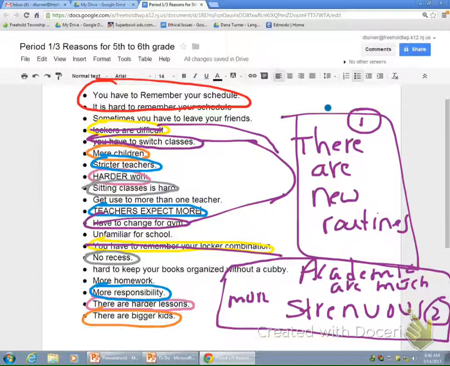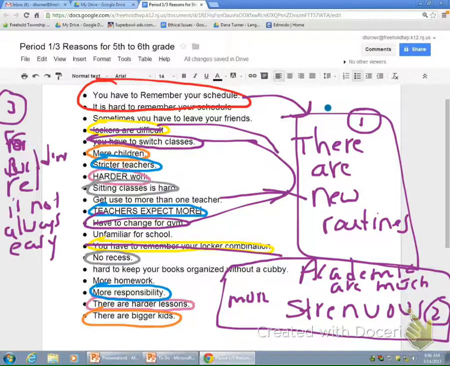And now I want to reword. Oh, and you know what else? The whole schedule can go onto new routines too, right? How about this whole friends thing? So a third reason could be, if you can understand my writing, building relationships is not always easy. We talked about how some people came from Erickson, and when they came over to Eisenhower, not a lot of their friends came here. So for some people, this could be true.